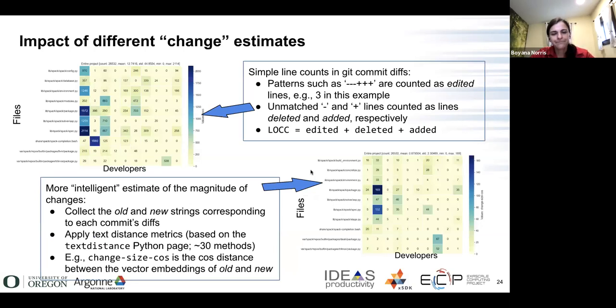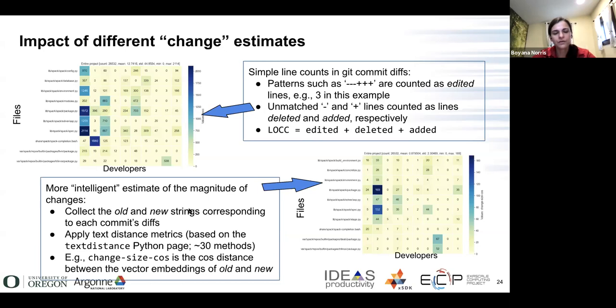Okay. Change question. This is very important, right? So lines of code. Now the metrics that you've seen so far in the examples, we're using the LLCC, which is defined as edited lines plus deleted lines plus added lines. And so yes, if you do a global search replace, this would look large, right? Or if you don't ignore white space, especially reformatting can make you the best, most productive person in your project. Now, we don't want to have just that as a metric of change or productivity. And so what we do